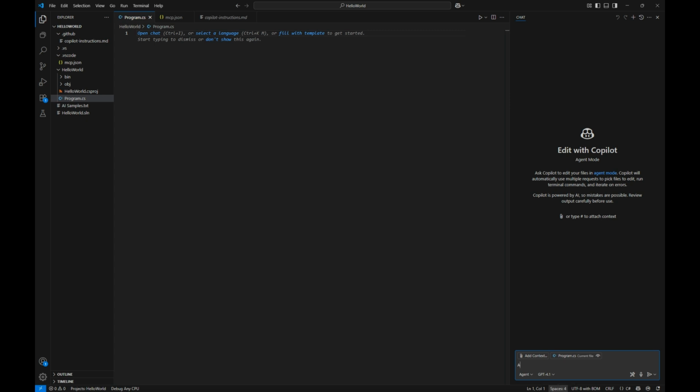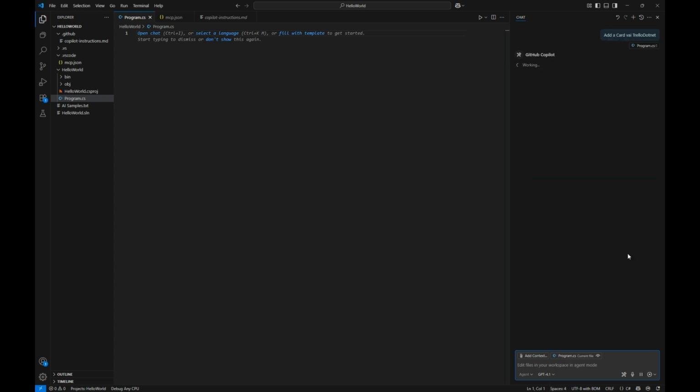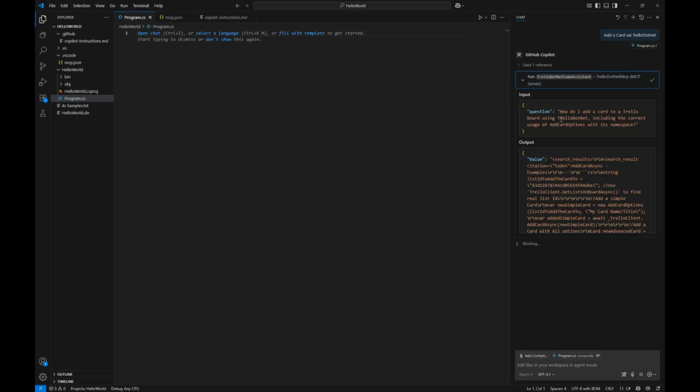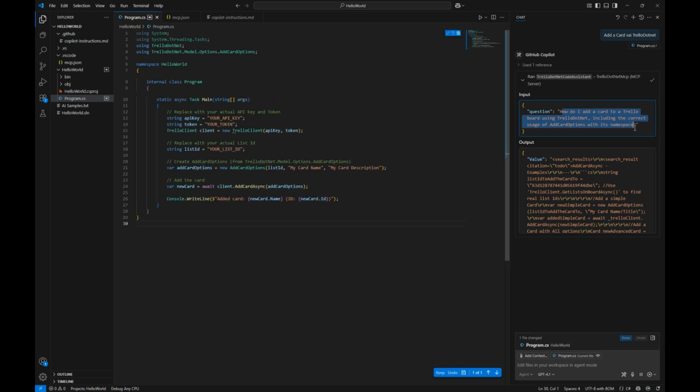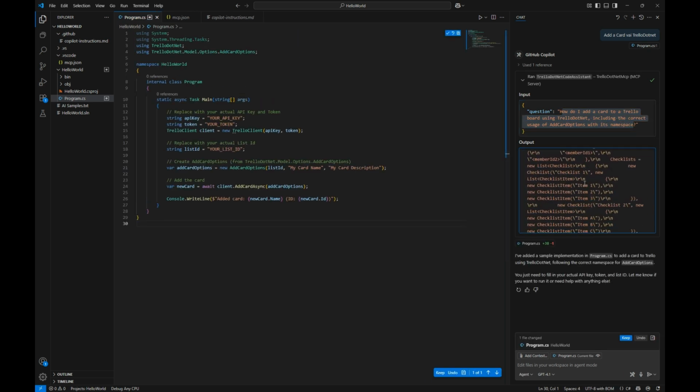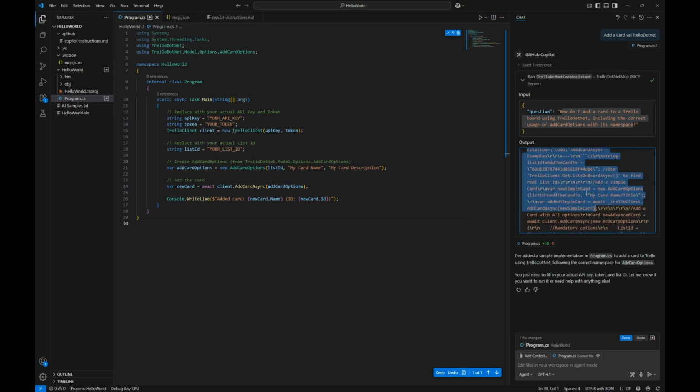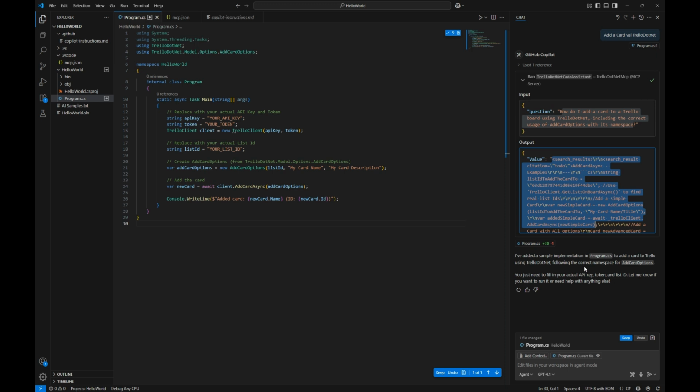And once we have that, we can simply make it do code. So: add a card via Trello.net. If I do that, it will begin to call my assistant here. So it asks the question, how do I do this? It came back with lots of different data based on my vector search with the similarities.